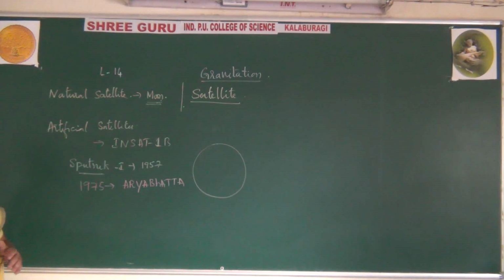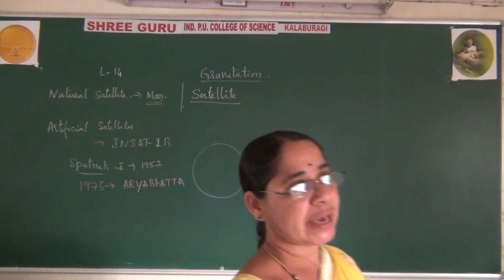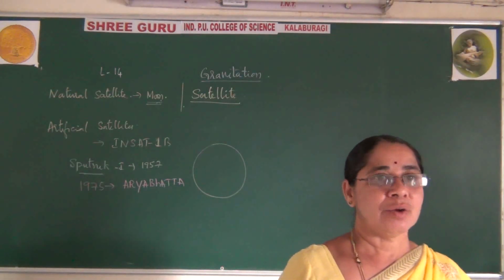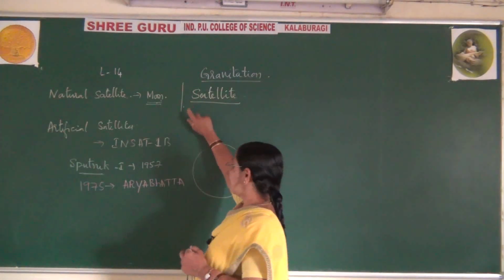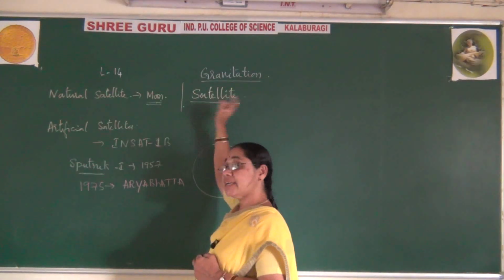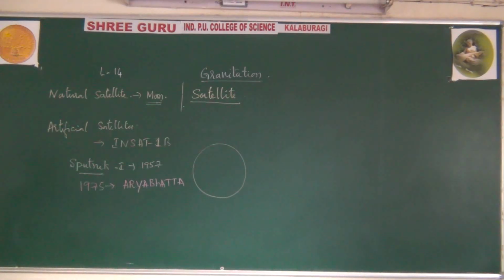And also you can observe one more satellite during the early 1969, the first man who has gone to the Moon. We have launched a man-made satellite in early 1969. Therefore, you can say artificial satellites are man-made objects which were launched during these years. This is how you can observe, right?